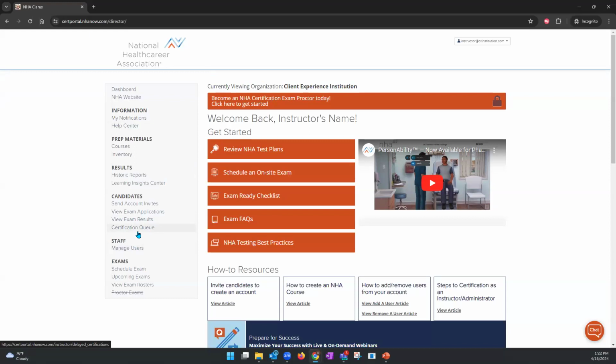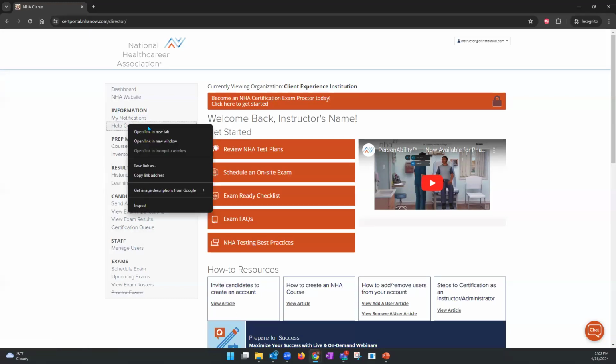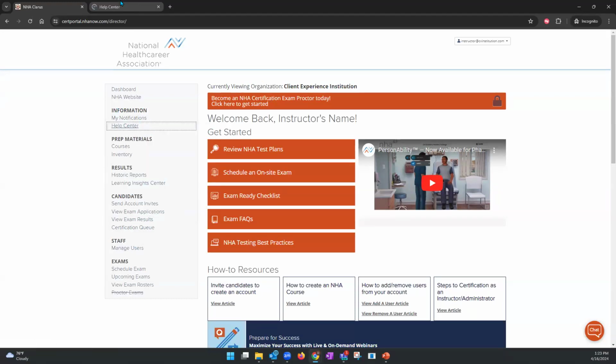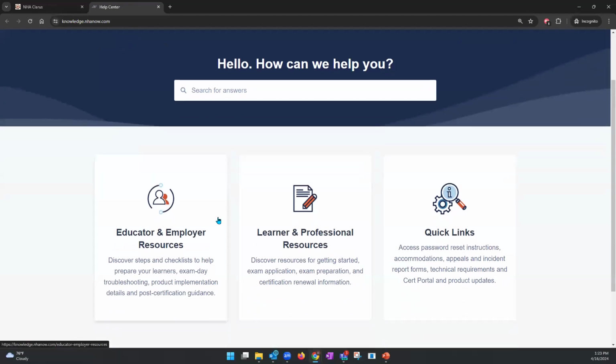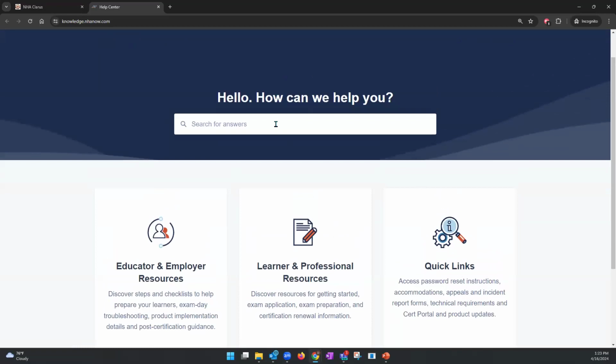All right, so one of my favorite tools available from here is the Help Center. Right, so right here, you'll see this under the information. We do have this Help Center button. I'm going to open this up in a new tab. And here are those three core sections that we mentioned earlier,